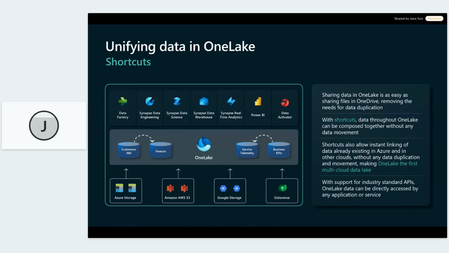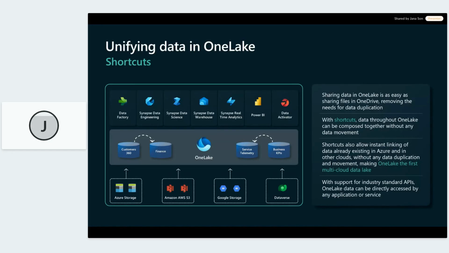So, for example, from external data storage accounts like ADLS Gen 2 in Azure or Amazon S3 buckets, Google Storage. So basically, we have the capability to use data from very diverse external sources. And the mechanism, so to say, of shortcutting makes it very easy from an integration perspective to get the data.